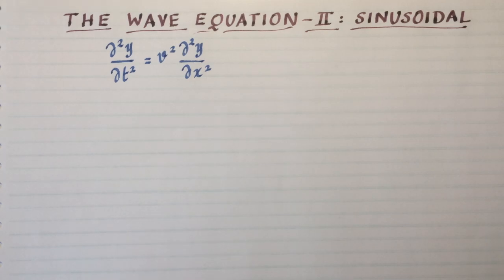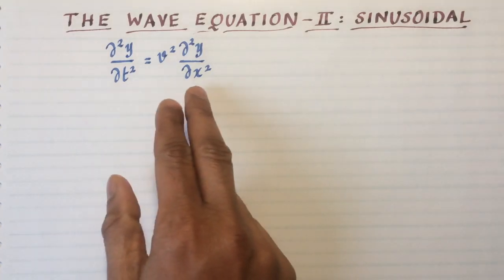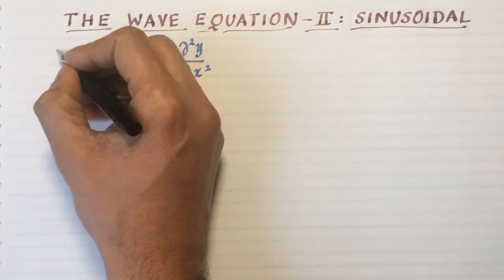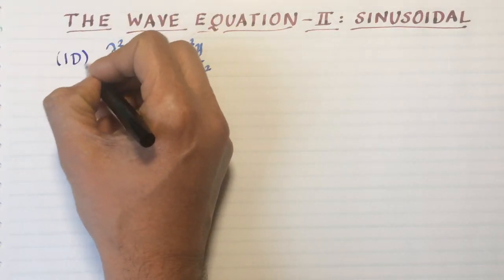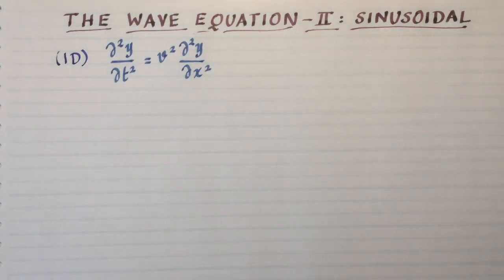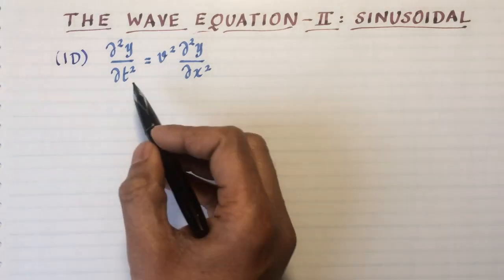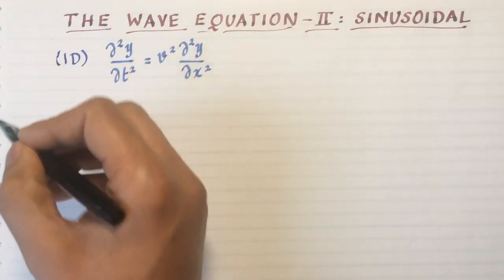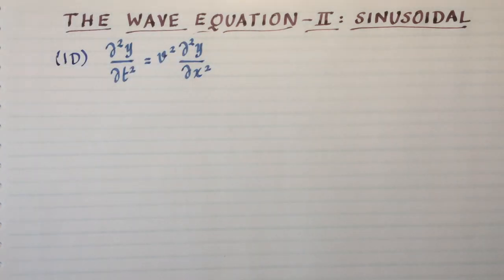In the previous video, we talked about the basics of the wave equation, which is this complicated looking partial differential equation. And this is the wave equation in one dimension, which means that it propagates either in the plus x or the minus x direction, depending on the sign of the velocity. And it propagates in time, which is why you have the time variable here. And we also saw the solutions of the wave equation can be functions of either x plus vt or x